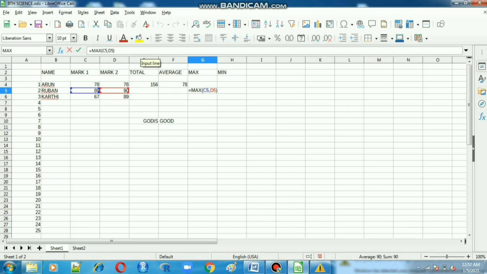Just you have to enter that, and the cells you selected will also be displayed from here. Okay, next one, minimum value.